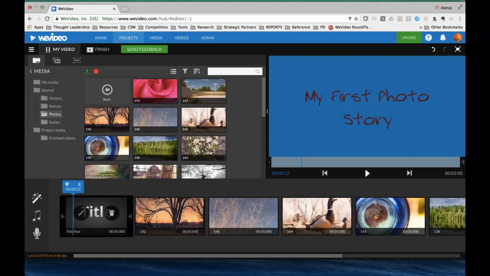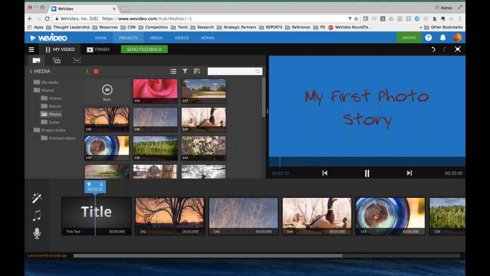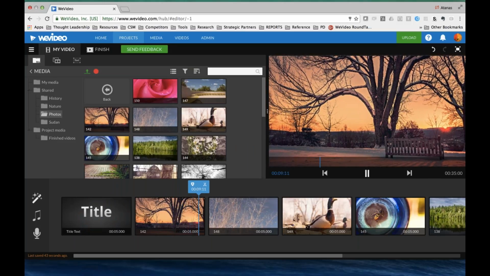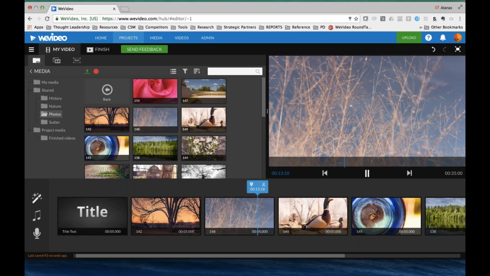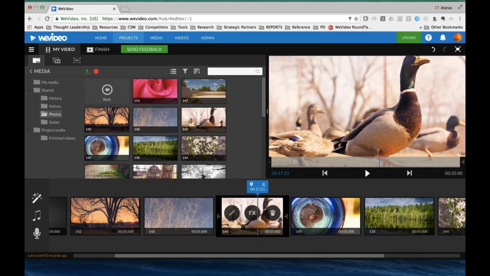And we're done. So we have our 6 photos, and we can start playing this, and we'll see that there will be some animation in the photos themselves. Notice how there's some slight animation here, then this is going to change direction. So it doesn't look too sophisticated, but it's an easy and quick way to get started.